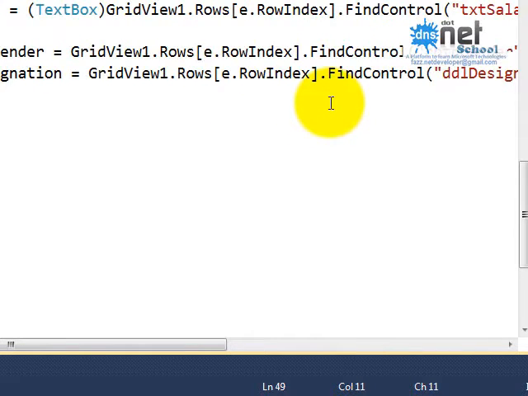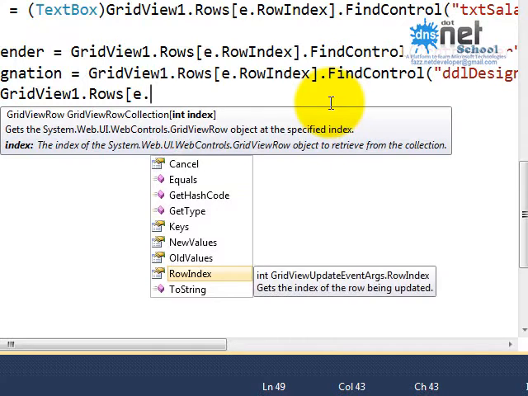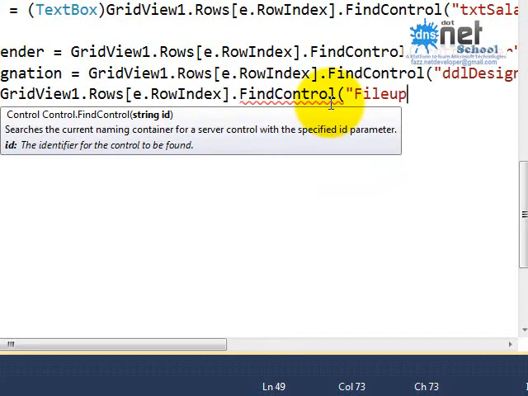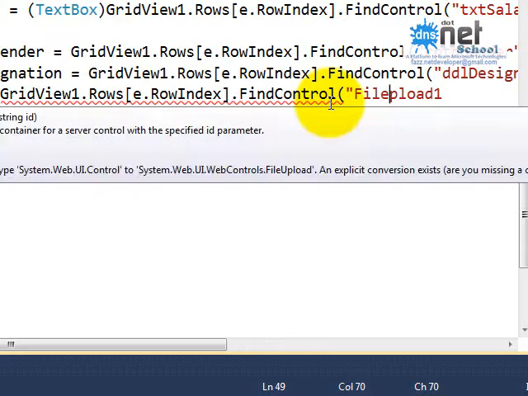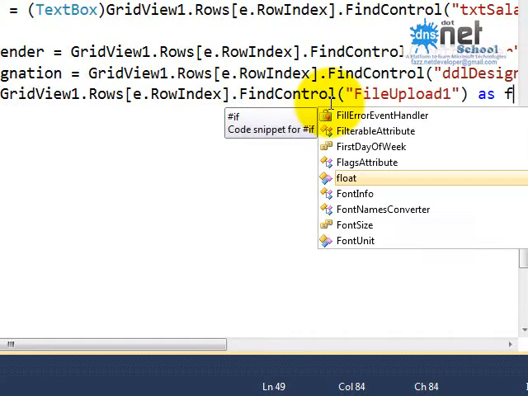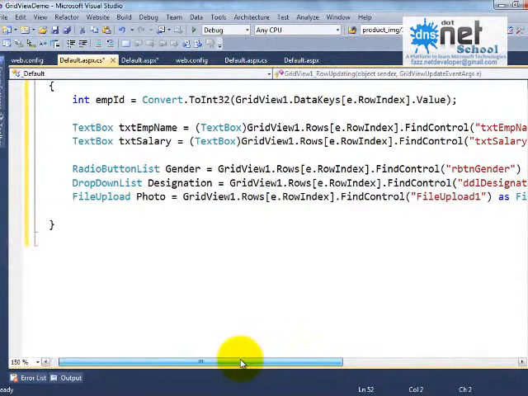Next, file upload control object, something like photo is equals to GridView1.Rows of e.RowIndex dot FindControl, that is FileUpload1, I think U caps, as typecast to FileUpload. So all the references we have created.